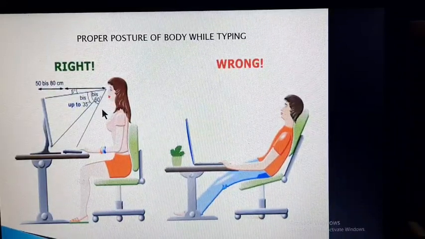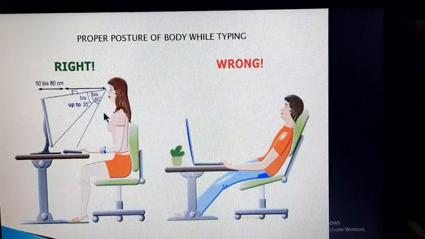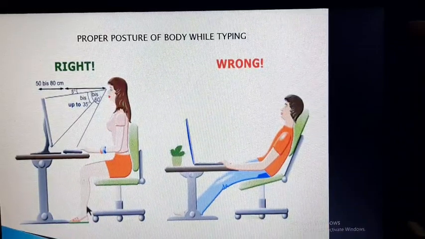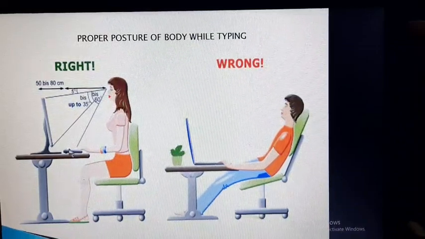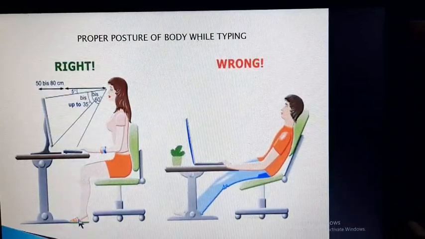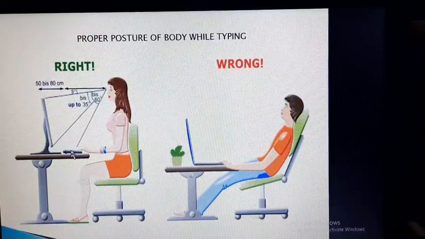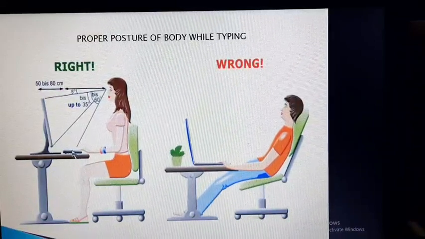The optimum height of the tabletop under the keyboard drawer is 68 to 73 centimeters from the floor. The height from the foot to the keyboard should be 68 to 73 centimeters.